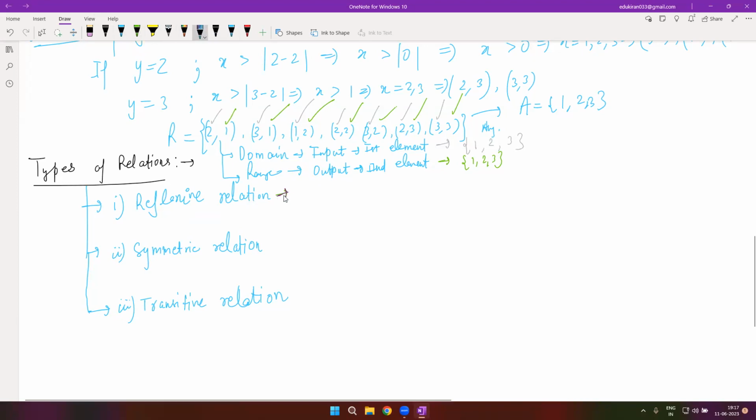Let's use this one. So reflexive is a relation R